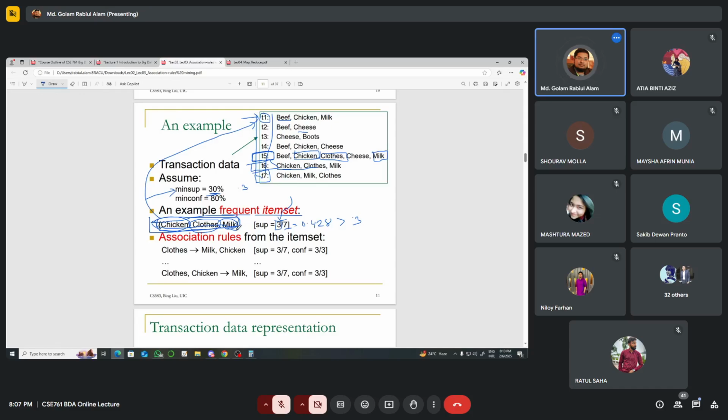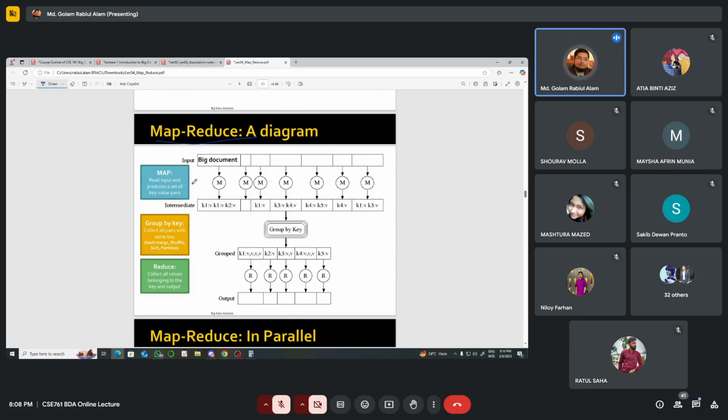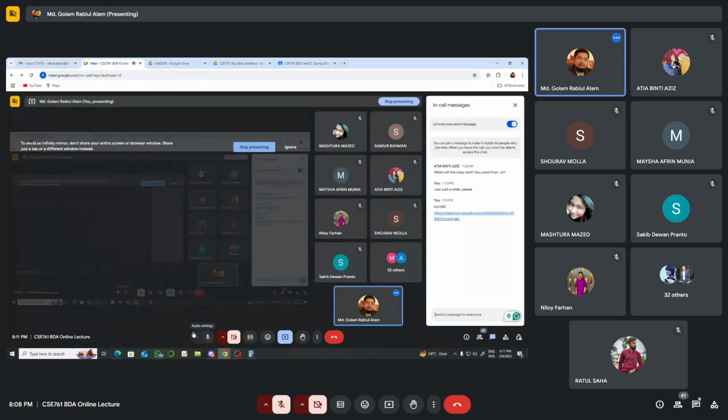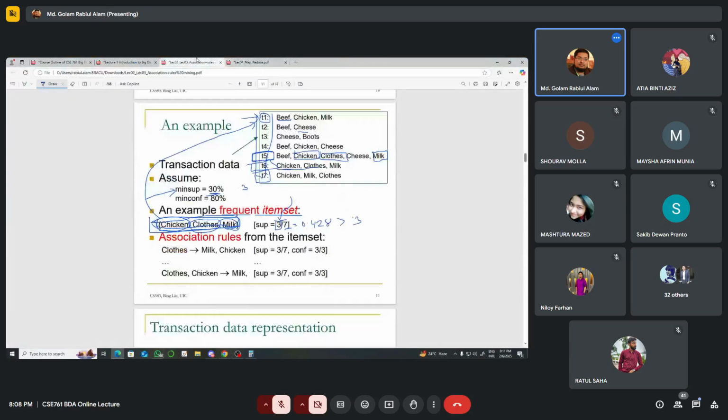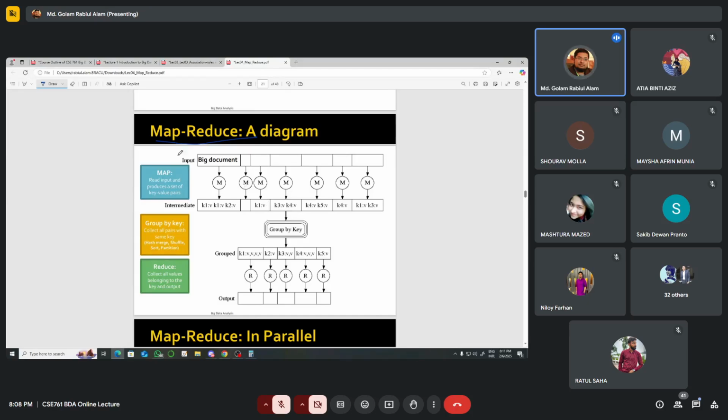For that, there are several approaches in big data processing. One approach is called MapReduce. MapReduce is one of the approaches we can apply to find out the count of those values. What's the procedure for that? Just for an example,